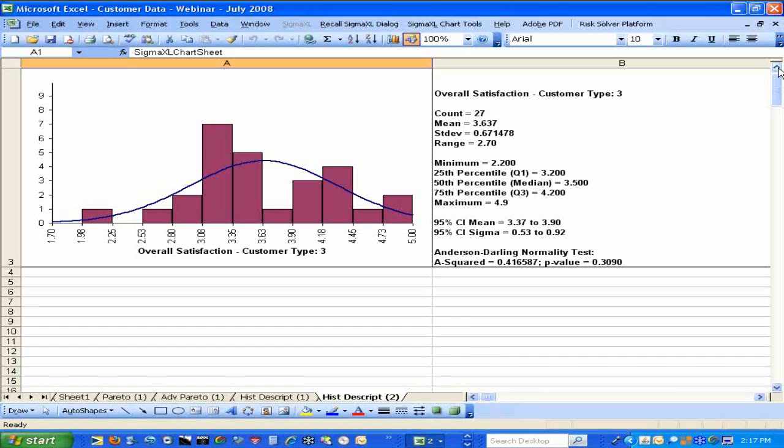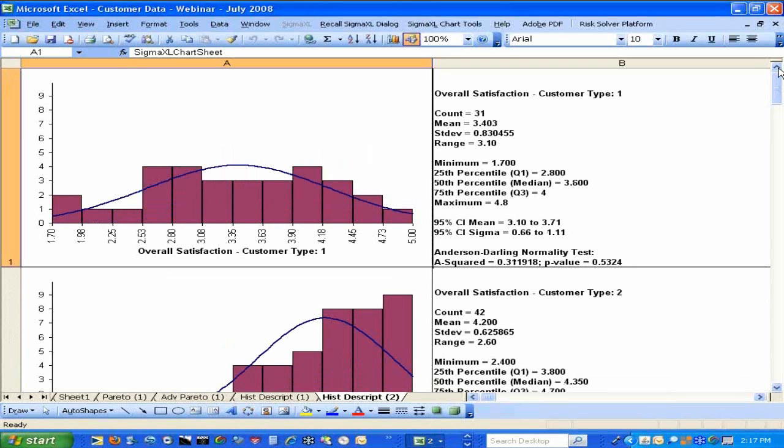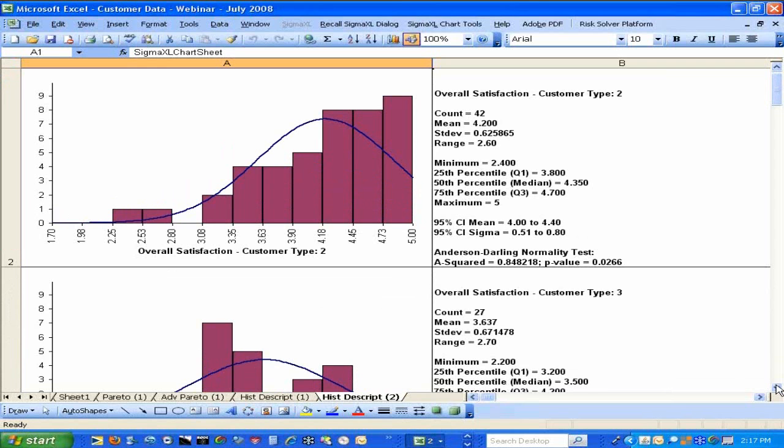This is interesting because customer types 1 and 3 have nice normally distributed data, whereas customer type 2 has non-normal data, but customer type 2 is doing better because they're getting more of those higher scoring SAT scores, which is really what we want. So again, for histograms and descriptive statistics, you can stratify, you can include grouping variables, and that allows you to nicely slice and dice your